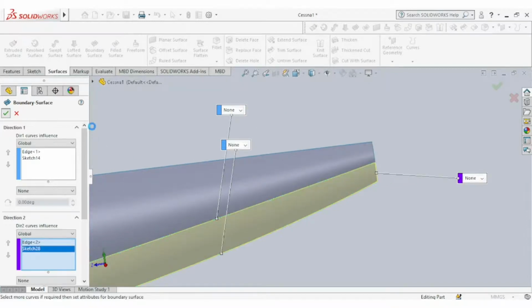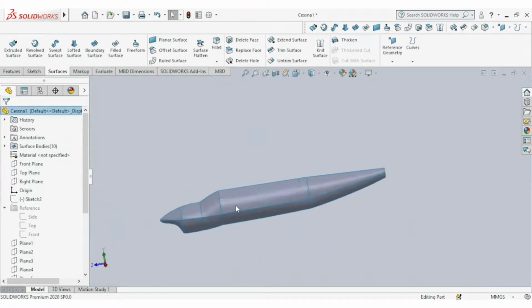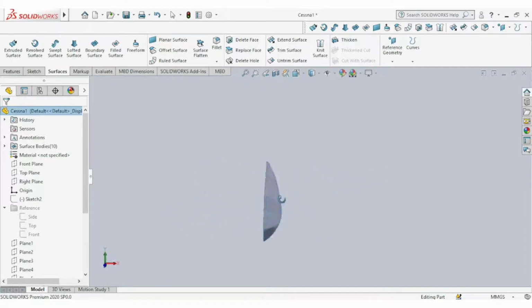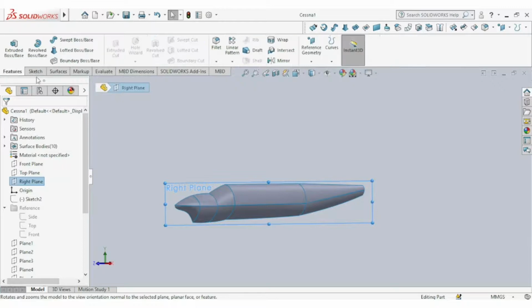Phase 1 was adding blueprints on the 3 sides, top and front, and phase 2 is coming up with the different shapes and profiles. So we shall mirror this using the right plane as reference.